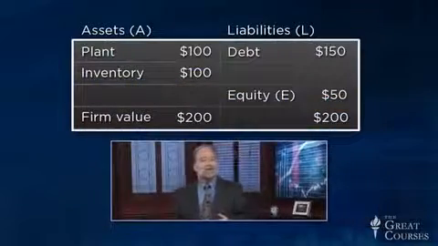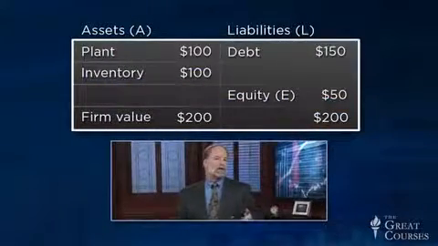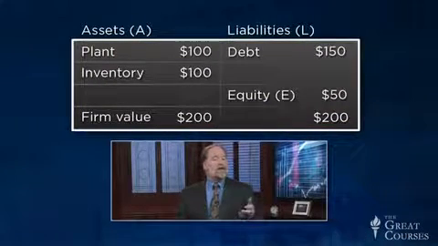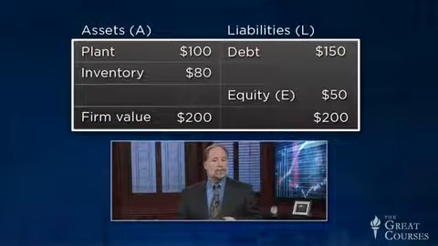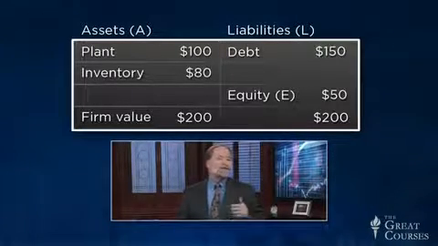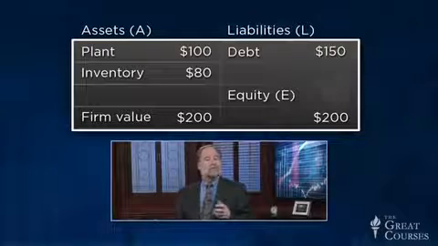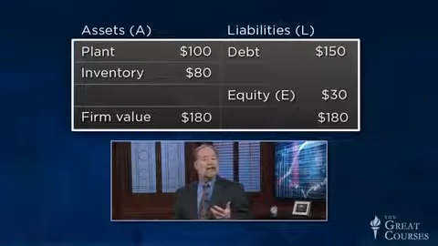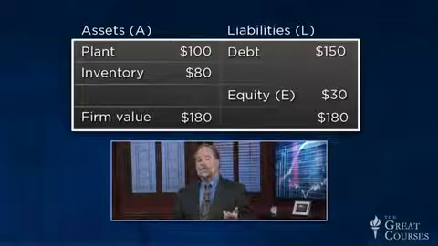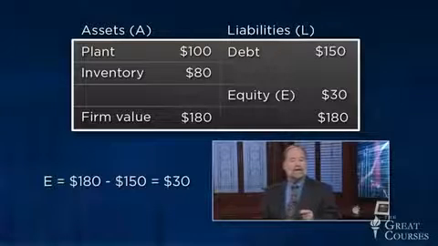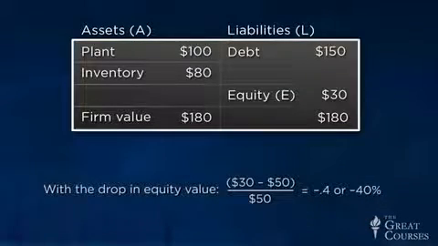Okay, so what happens if there's bad news? For example, there's some medical study that indicates the product that your firm produces clogs arteries eventually. With this news, the value of the inventory falls to, say, $80 million from $100 million. They're not going to be able to sell artery-clogging products for as high a price anymore. What happens to the value of equity? E is going to fall to $30 million. The assets are worth $180 now. The debt is still worth $150. So equity is equal to 180 minus 150. It's now equal to 30. With the drop in equity value, the equity gains (30 minus 50) divided by 50, which equals negative 0.4,